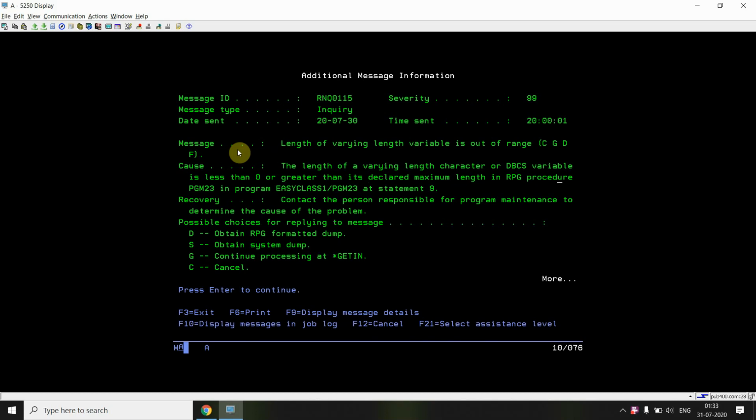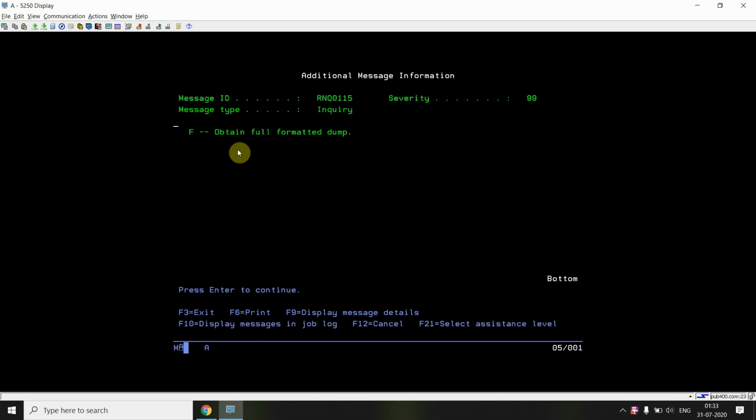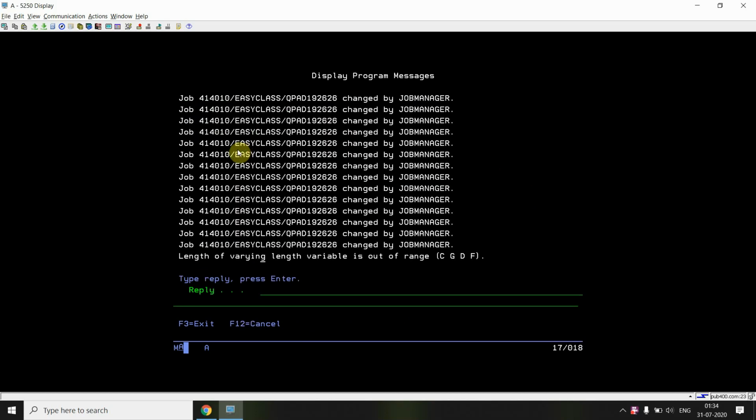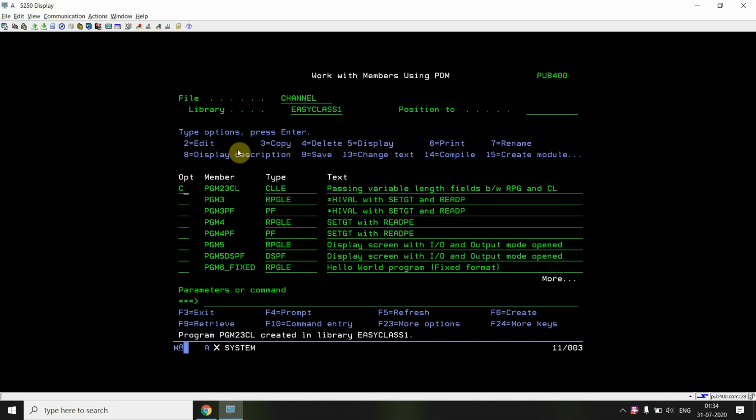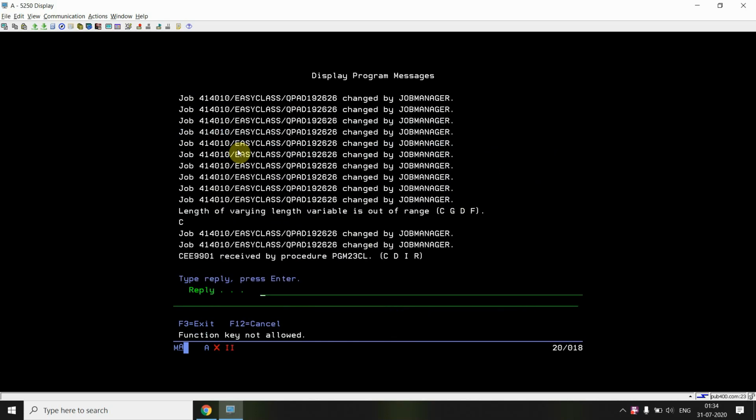Here I'm not passing any length field, so the program considers this a mismatch between the two programs and does not execute, and I get this error: length of varying length fields is out of range. I'm cancelling here and ending the program.